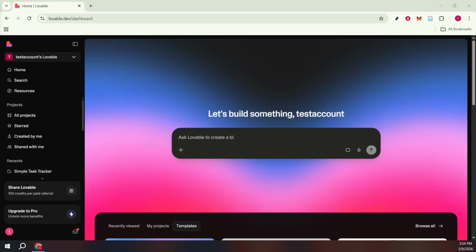In today's video, I'm going to teach you how to share a preview link in Lovable. A preview link is a quick read-only way to show your work to teammates, clients, or stakeholders without giving them editing access. It's ideal for gathering feedback on the latest version of a project while keeping your workspace safe and